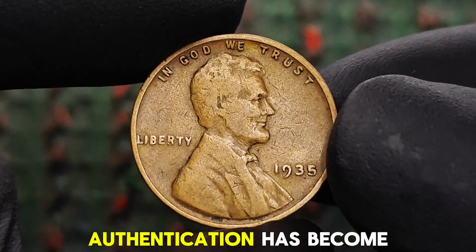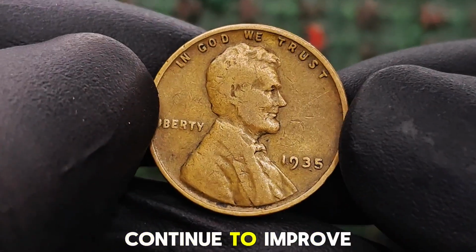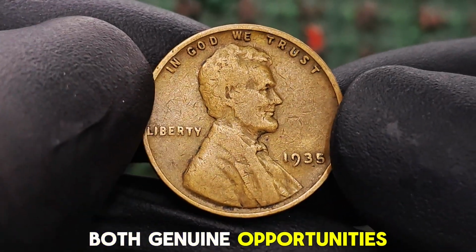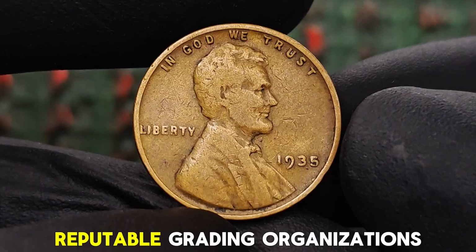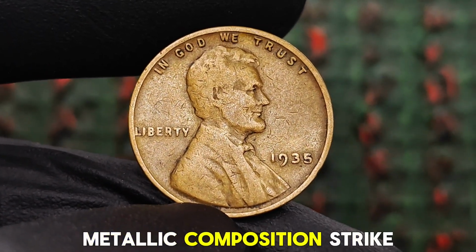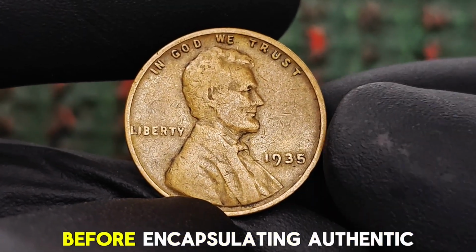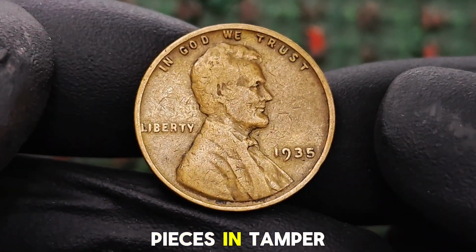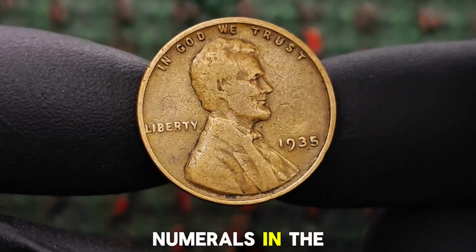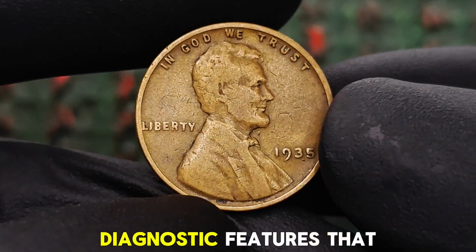rarity. Authentication has become increasingly important as counterfeit techniques continue to improve and online marketplaces expose collectors to both genuine opportunities and deceptive reproductions. Reputable grading organizations examine a coin's weight, diameter, metallic composition, strike characteristics, die markers, and microscopic surface texture before encapsulating authentic pieces in tamper-evident holders. Experts also inspect the shape of numerals in the date, lettering style, mint mark placement, and countless tiny diagnostic features